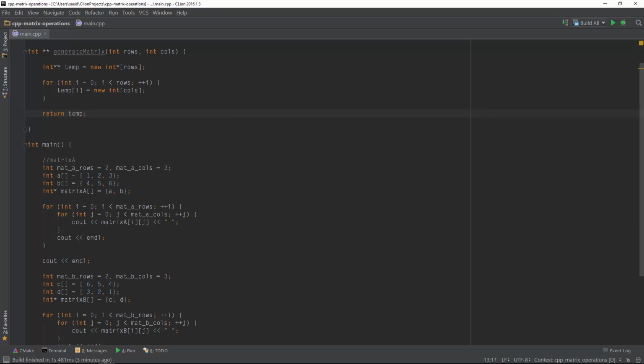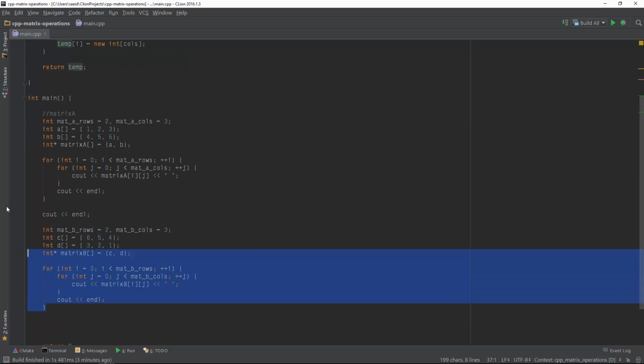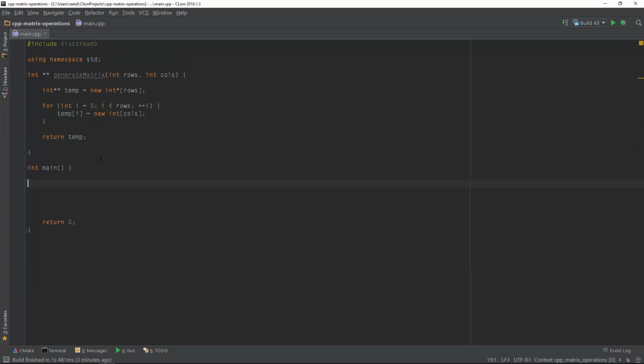And by allocating this array on the heap, we ensure that when this pointer is being returned, it's not going to suddenly disappear from your code. So let's see how we can use this method. I'm going to get rid of the code here, and for the sake of simplicity, I will also create another function,